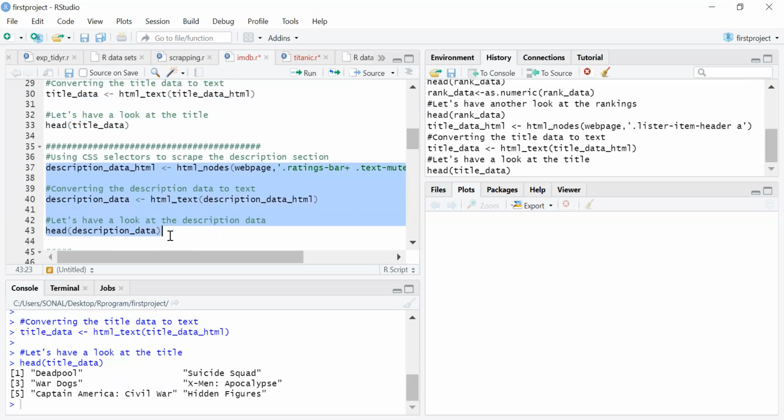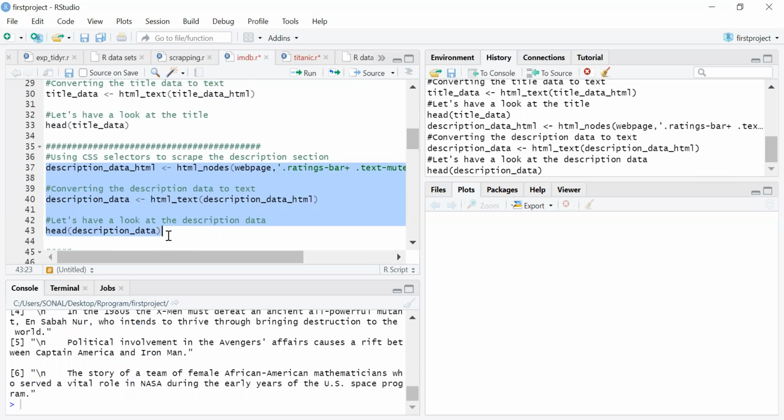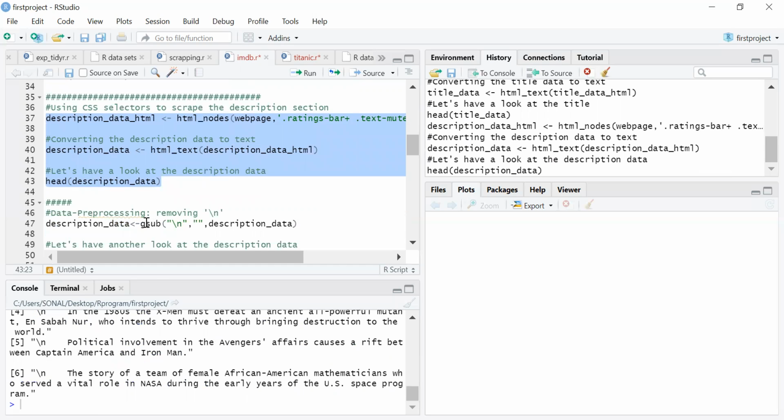Fetch the data, read the data, convert it into the text, and then you have to read it. So this is what has been done. When we have this, as you can see for every description, there is a slash n given. So if I want to remove the slash n, that is the processing I want to do, I can use a gsub function. So this will remove this from the data.